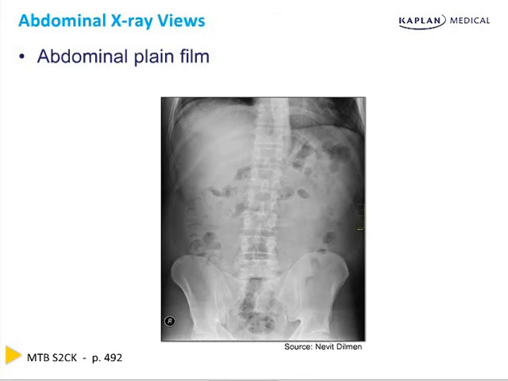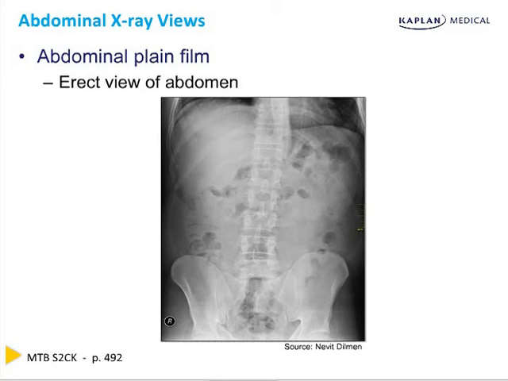There are two standard abdominal x-ray views that you should be familiar with, the first of which is seen here. This is an upright abdominal plain film, which gives visualization of the abdomen and the top of the pelvis. Note the multiple areas of lucency within the abdominal cavity. This is air within the bowel, a normal finding. You may also be able to visualize stool in a constipated patient, but constipation is better diagnosed via patient history